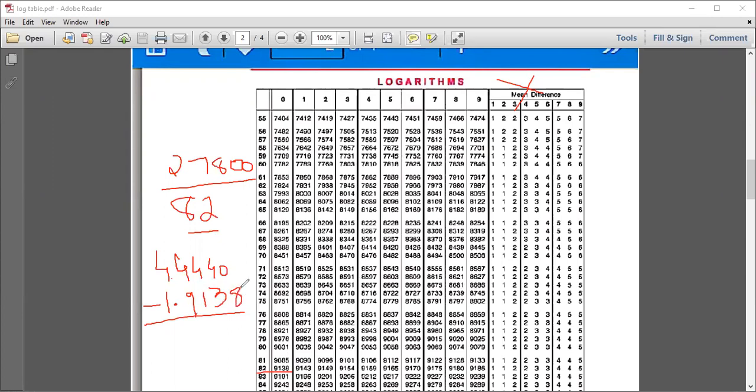Now, after getting the mantissa part, the rest is easy. You have to just subtract. So 10 minus 8 will give you 2. Remaining 3 minus 3 gives you 0. 4 minus 1 gives you 3. Now 4 and 9, so we have to borrow: 14 minus 9 will give you 5 over here. 0.3 was remaining because we borrowed, so 3 minus 1 is 2.